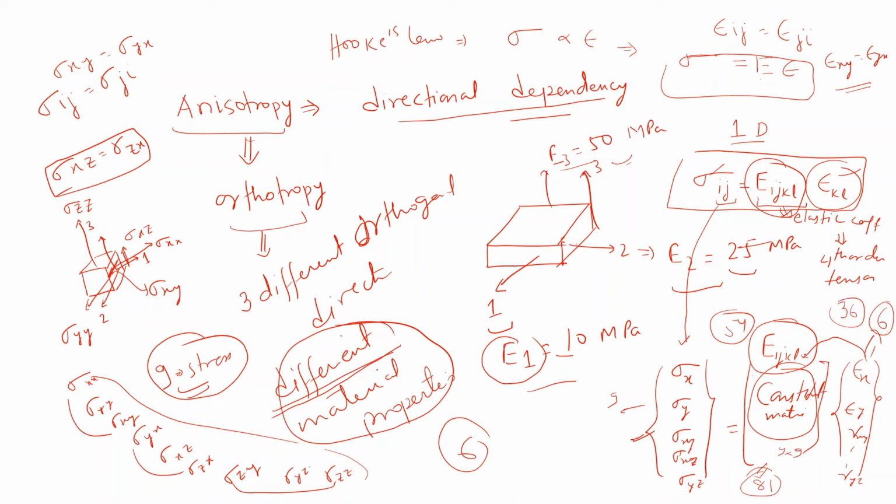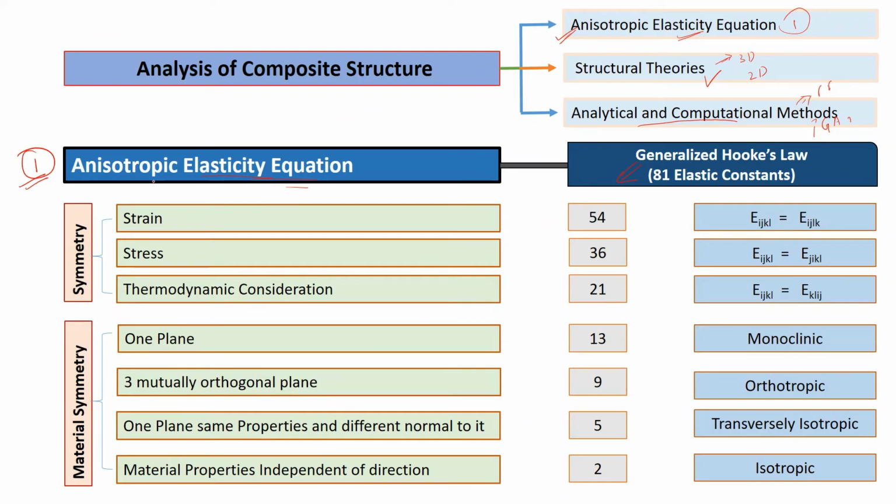Further, more elements would be reduced. In a similar manner the elastic constants get reduced. So we will see here one by one. In this anisotropic elasticity, initially it is 81 elastic constants. Why is it so? Because we have the stress as a vector, sigma ij, 9 by 1, and this E matrix was 9 by 9, which has 81 elements, and the strain matrix was initially 9 by 1. So the elastic constants were 81.